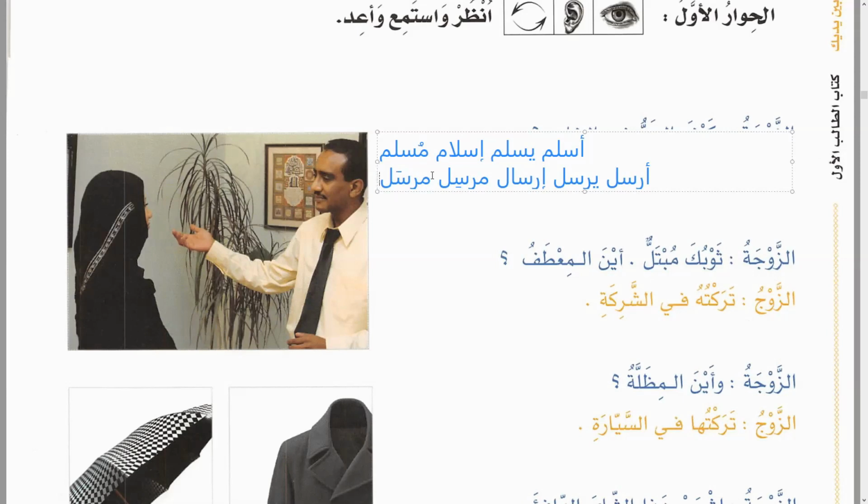Khataba yukhatibu, to speak or to give khutbah, and the one who's speaking is called mukhatib. But in Urdu, mukhatib became the listener. I am mukhatib to you, right? Although it might seem that way. And the one who's being spoken to is called mukhatab, right? So that's how it is. This is the grammar part. Even if you don't understand anything, it's okay, inshallah.